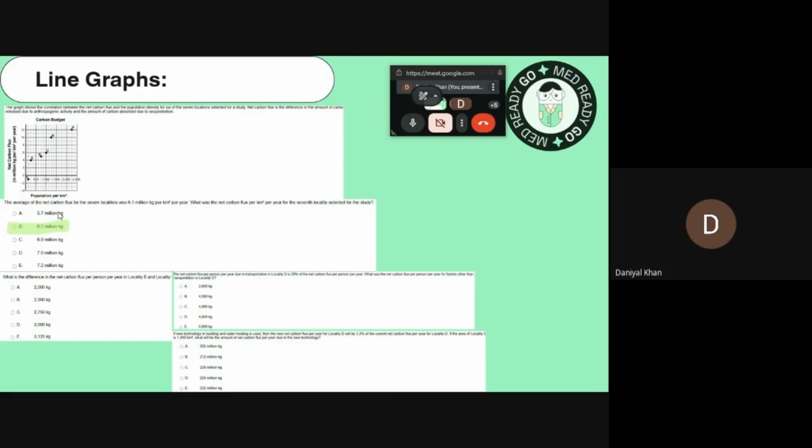Yep, 6.7 million kilograms. And the reason why that works is if you were to add the 6.7 to all the values and divide by 7, you would get the mean of 6.1. So you can check that way as well. One simple thing as well you can do in this question, if you don't want to go through all that, is you can